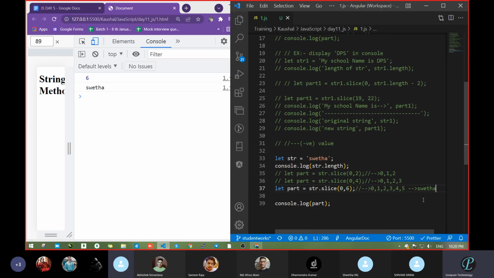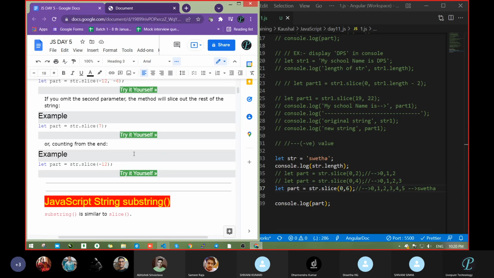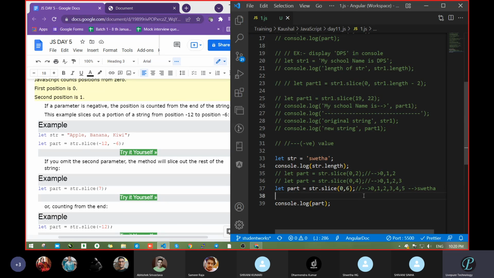Is it clear now for others? How it is taking the value? Anyone having doubt? Now tell me. No doubt, fine. Now come to something. Now we are giving the positive value, so it is taking from the start to end, meaning left to right.